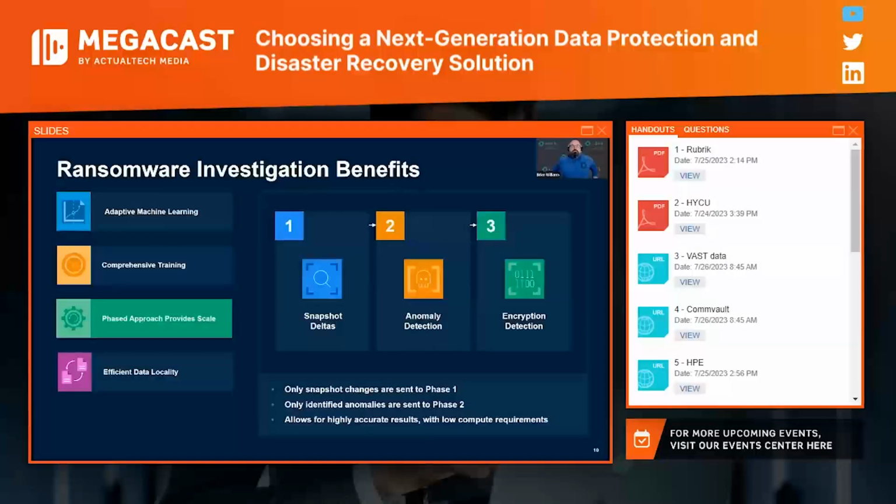It's pretty cool. The implementation of this phased approach allows the models to run in the most efficient manner. Only the change detected from the previous phase is sent to the next phase, and subsequently, only phase 2 is processing what it learned from phase 1, because phase 2 is looking for encryptions.